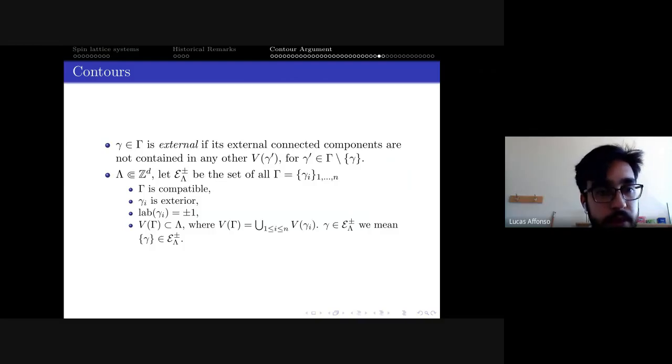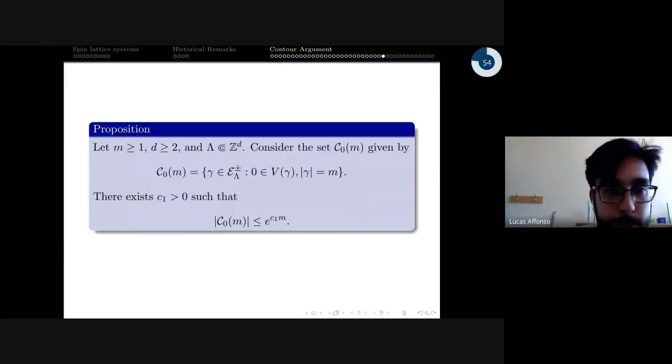And we take by E lambda plus or minus as being the set of all families of contours that are compatible. This means that the labels should match. They are all stereo, and they have the same label as plus or minus. And most importantly, they are all contained in a given set lambda,